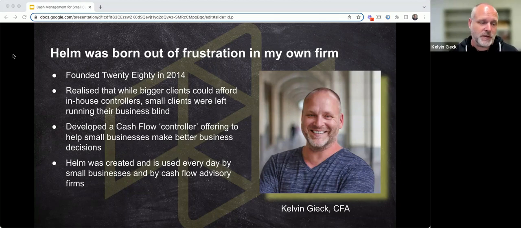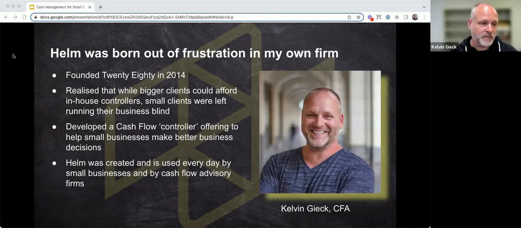We started using a lot of spreadsheets, and spreadsheets are painfully hard to use in terms of cash flow forecasting and cash management. They take a lot of time, especially when it comes to the communication piece and the general decision-making planning piece. They're great for customization and setting up, but they fall apart on a lot of different other levels. And so we started looking out for other apps in the space, and we just didn't find apps that we thought really served our needs.